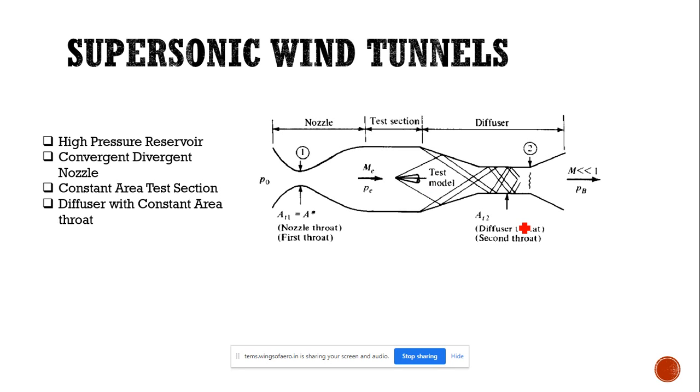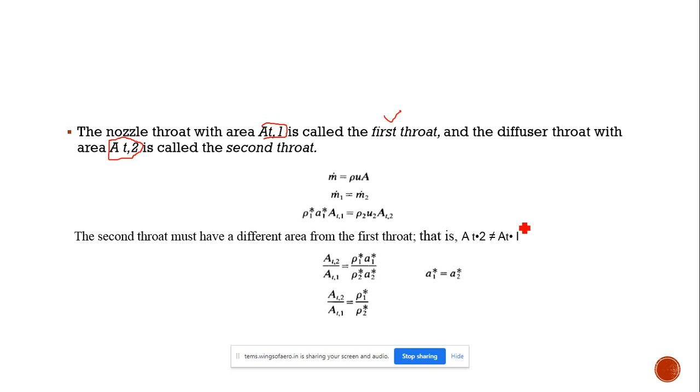So we all know when we encounter an oblique shock, after the oblique shock the velocity is reduced, but it does not get reduced to subsonic speed. Suppose we have a normal shock, then we know that after a normal shock the velocity will be reduced to subsonic velocity. But in an oblique shock it won't reduce to subsonic; it will be reduced, but the velocity will be supersonic only.